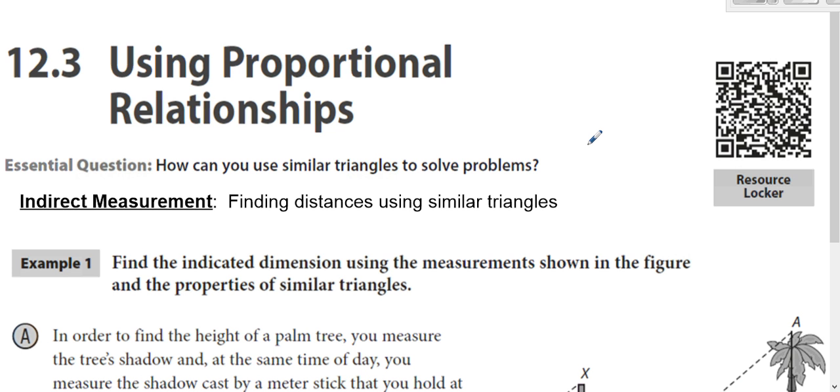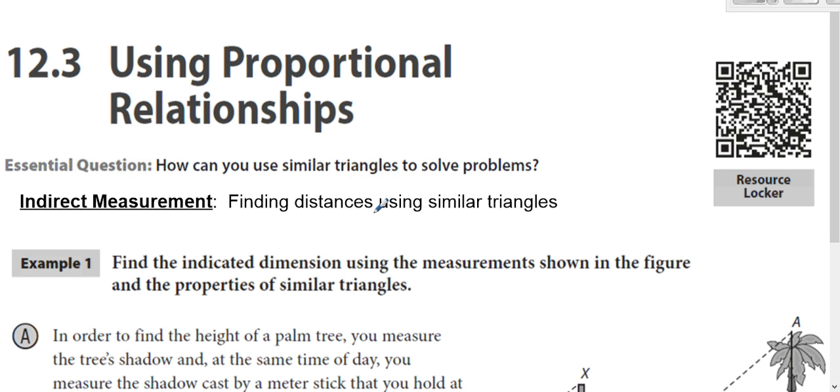So there's actually no new math in this lesson. We're just using proportions and using similar triangles to solve real life type problems. So when we do that, we're going to use what's called indirect measurement, where you can find distances using similar triangles. You're measuring indirectly because probably the thing that you're trying to measure is either too big to use like